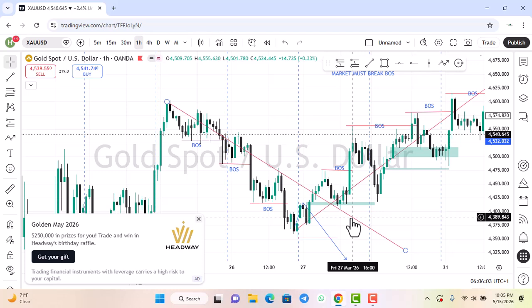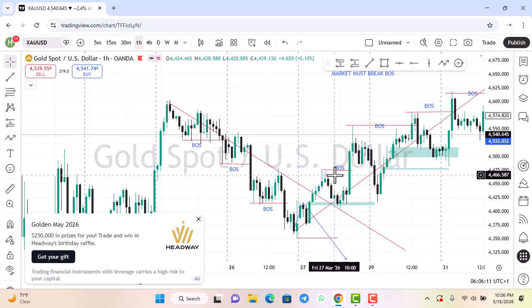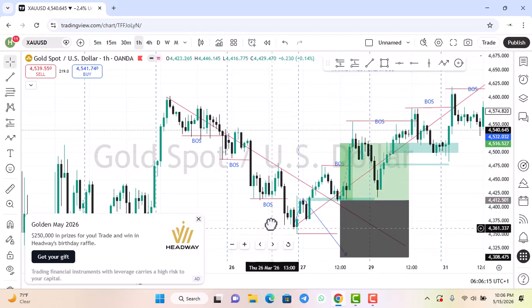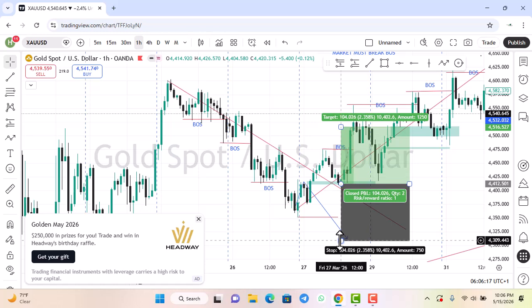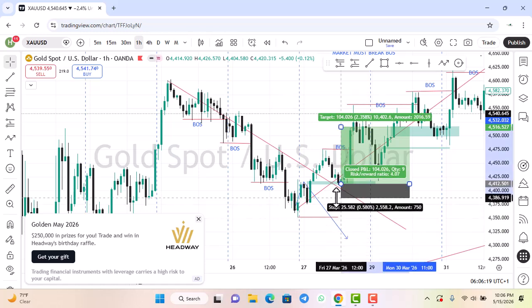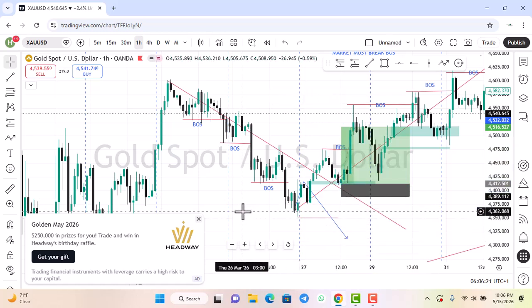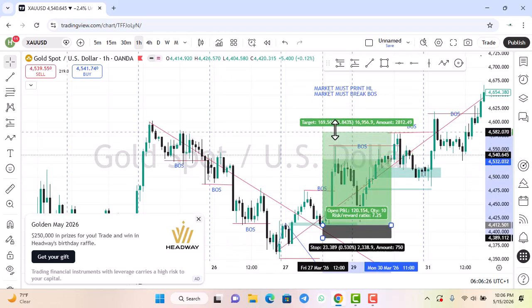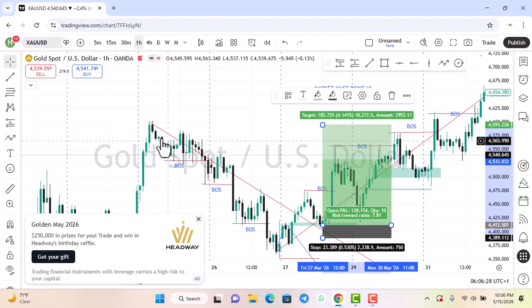So now this is my entry zone and I'll take my buy from here. Okay, set my position like this. Okay, this is a buy position or long position, anyhow you want to call it. Then I set my target, this high here,